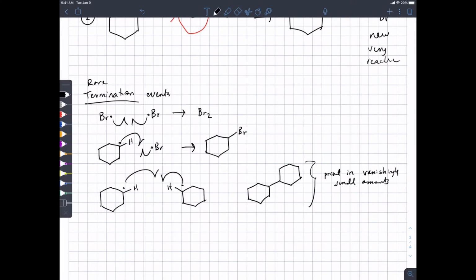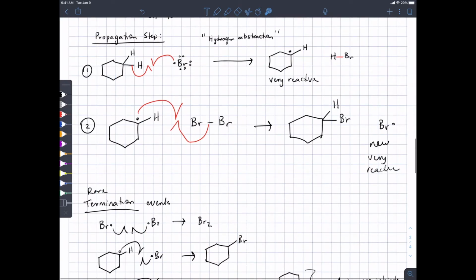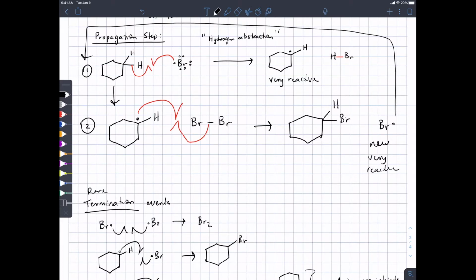Because most of the time when you do this reaction, every bromine radical is surrounded mostly by cyclohexane molecules that are not radicals, and so it's easiest to engage in these propagation steps. So we've sort of got a lather, rinse, and repeat cycle going on again and again,